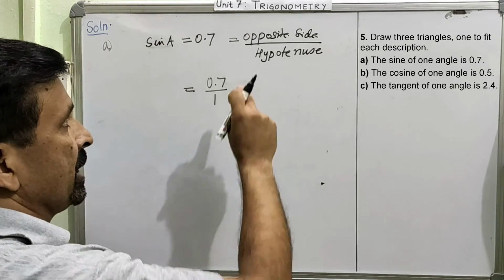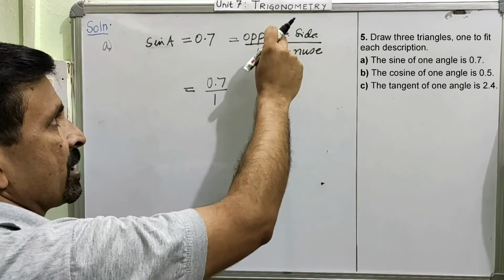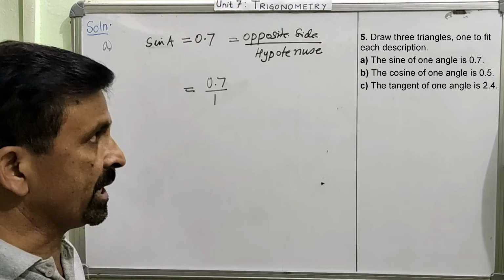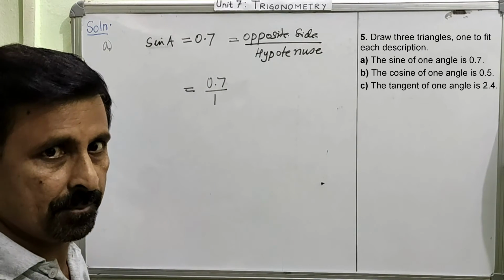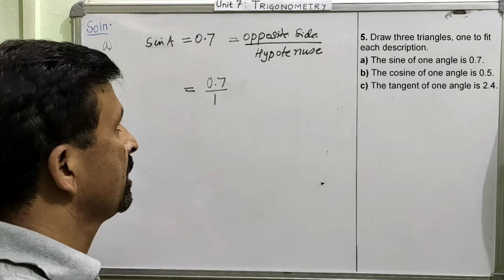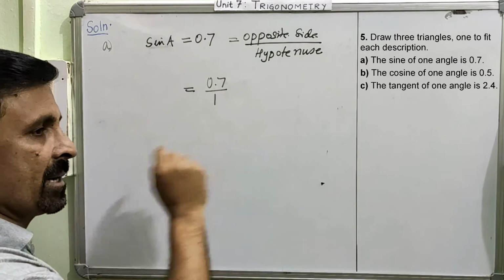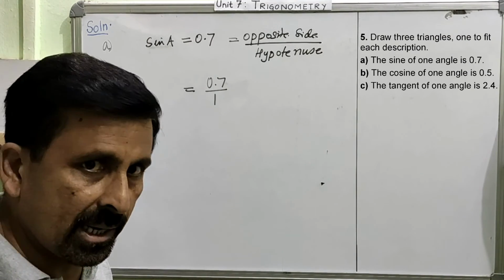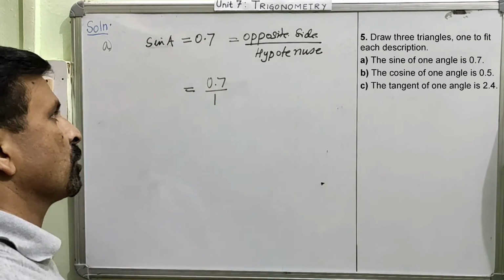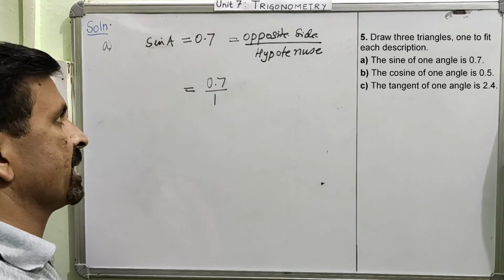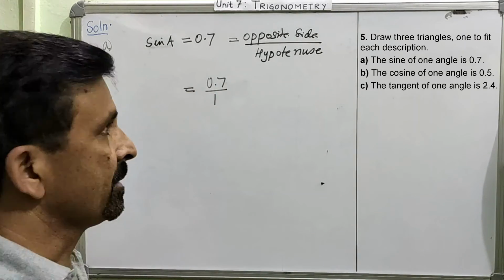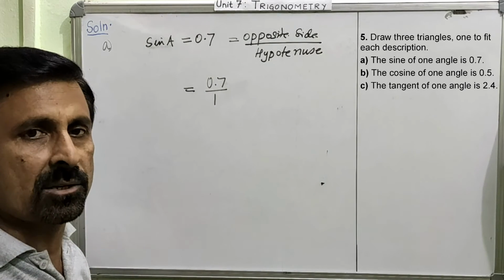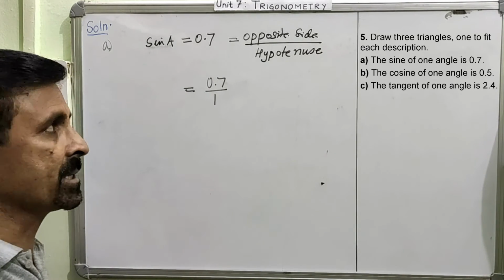Now you know, if you know the length of any two sides in a right angle triangle, by using Pythagoras theorem, we can calculate the missing side. Is this okay? So we can now use the Pythagoras theorem and calculate the length of the hypotenuse. But I will not go for this measurement because you are not very comfortable operating the decimal number. Therefore, we will find another possibility, another triangle with some other measurement.